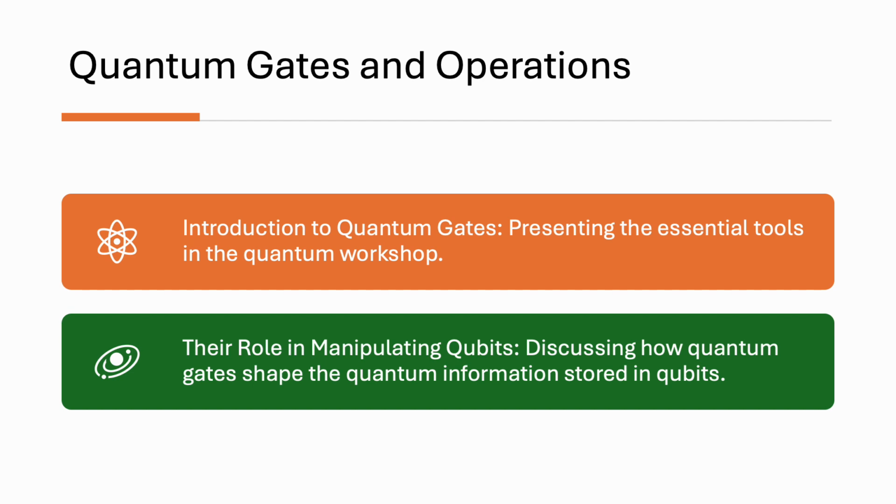Quantum gates as conductors guiding qubits in superposition, orchestrating a complex symphony of quantum information processing. It's a dance of possibilities, and quantum gates are the choreographers. It's akin to mastering the craft of quantum computation. They are the operators, the choreographers of the dance of qubits, enabling us to perform computations that were once considered impossible.